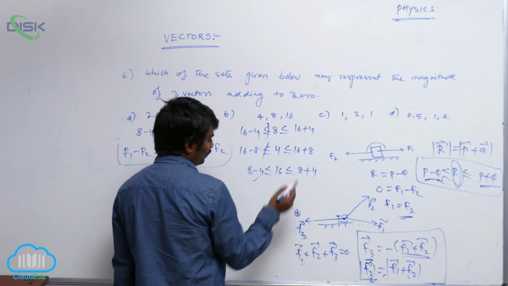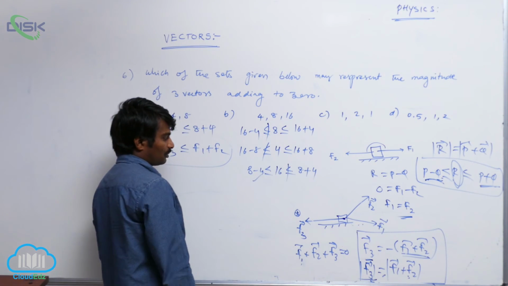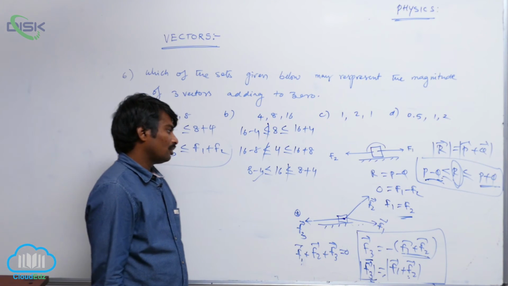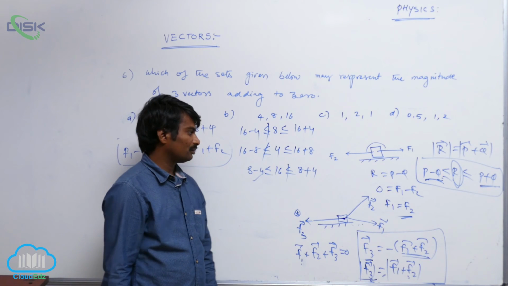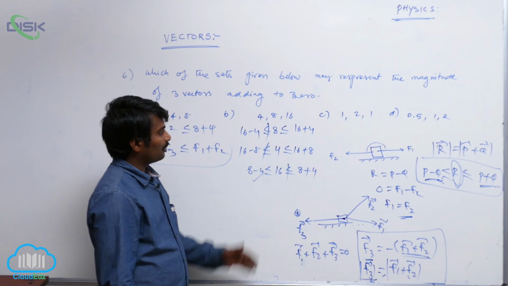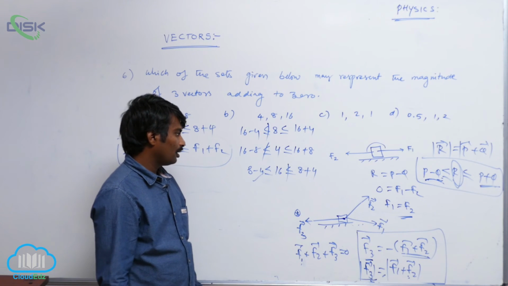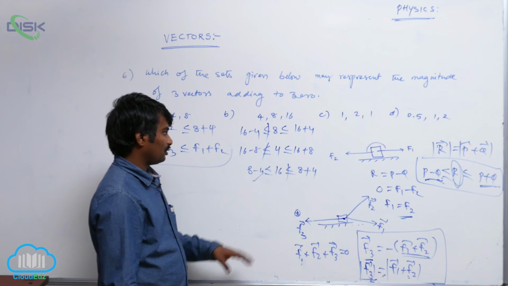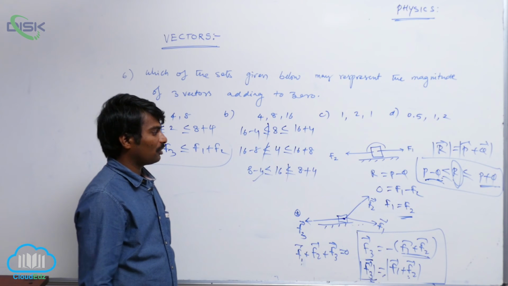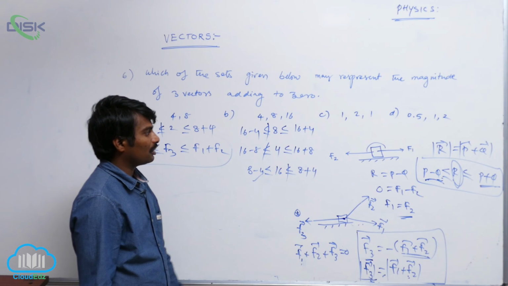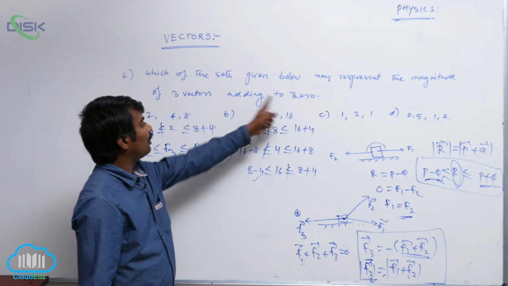Of course this condition is fulfilled, but this condition is not fulfilled because 16 is not less than 12 or equal. That's why, either one you can take as F3 and the remaining two will be F1 and F2. So if the condition is not satisfied, then that set of forces can't keep the object at rest in equilibrium position or cannot add up to